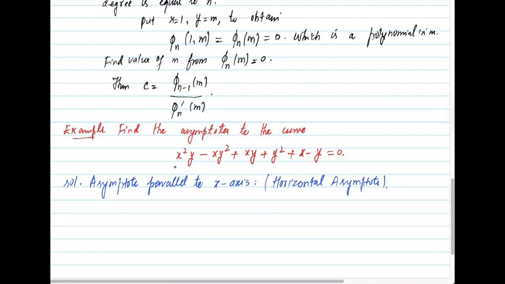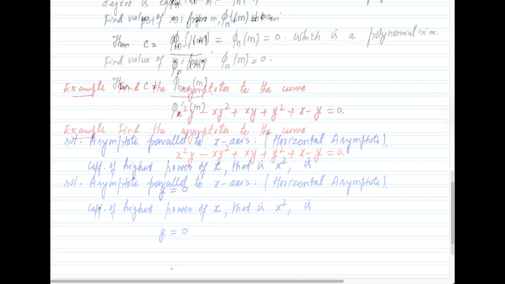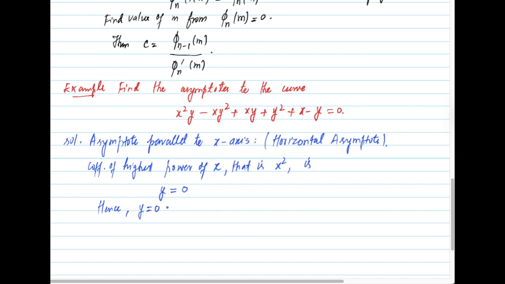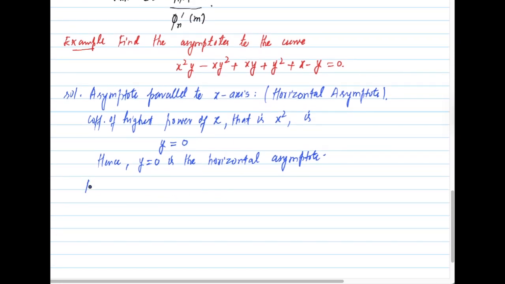Now if we look into our expression, the power of x is 2 here, the power of x is 1 here and 1 also here, so therefore the highest power of x is 2। So the coefficient of the highest power of x, that is x square, now we have to look for the coefficient of x square here। Now first here the coefficient of x square is y, then we don't have any other x square anywhere, so therefore we obtain the equation y equal to 0। So hence y equal to 0 is the required horizontal asymptote।